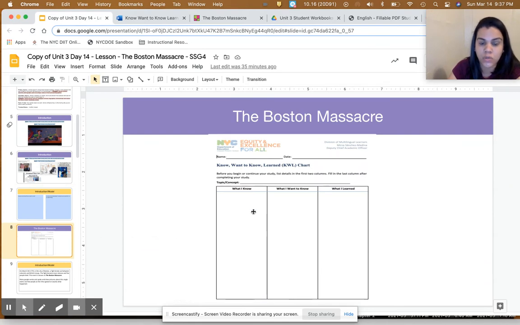Finally, it would be beneficial to give students a KWL chart, right? It's a form of assessment. What I know, students can fill this out a day before the lesson, especially for our multilingual learners and English language learners who are going to have the resources a day before. They could jot down 2 to 4 things that they already know when it comes to events between the British soldiers and the colonists. What I know from previous lessons, what I know is happening, what I want to know, and what I learned. They could also add information